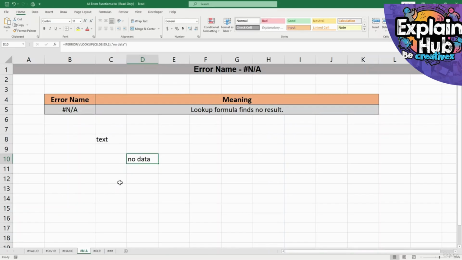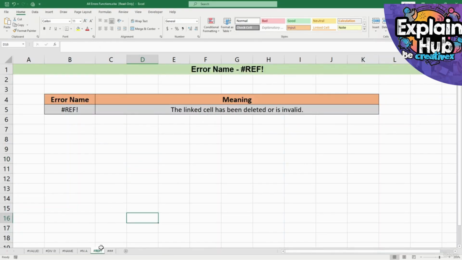Okay, now let's move into the reference error. So this means the linked cell has been deleted or is invalid. Okay, so this happens when you reference a cell that is not valid or has been deleted. We will explore how to fix this error, or I will just show you how you can sometimes get